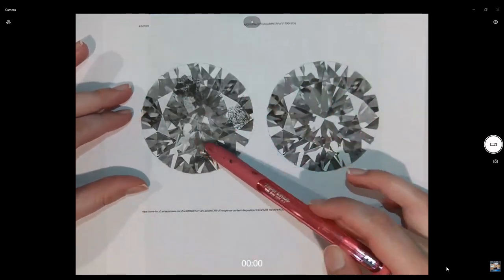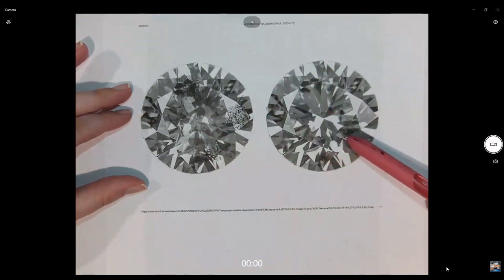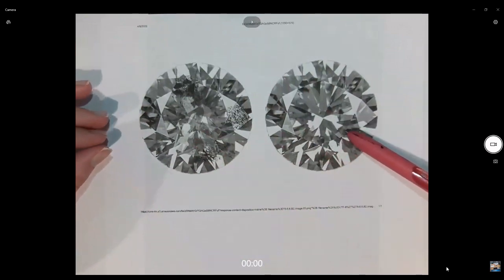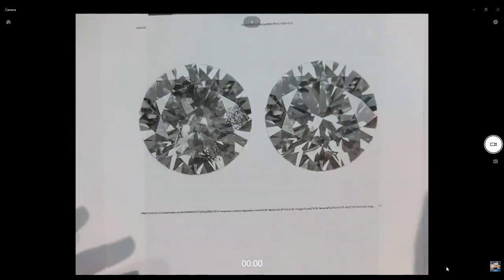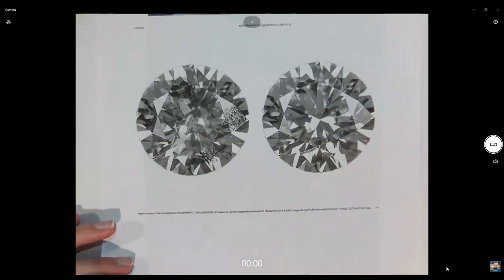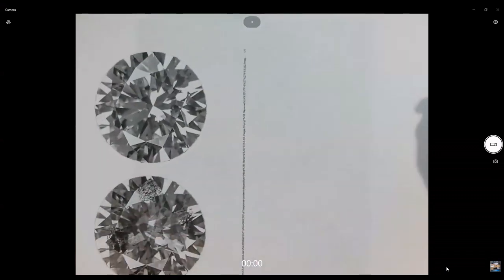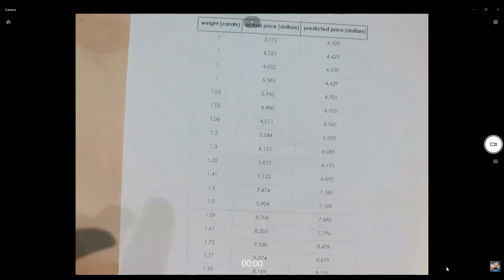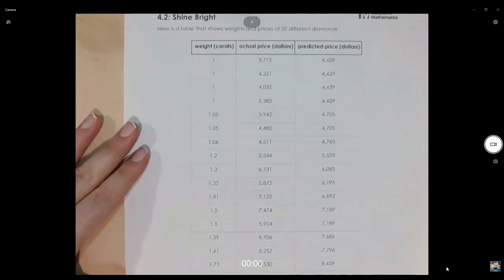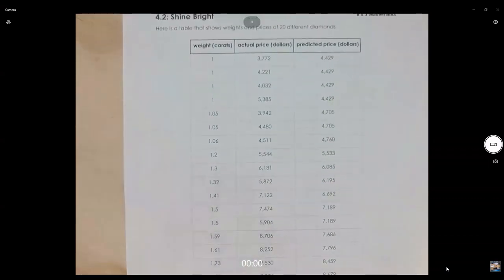So you see this one's a little dingy and this one's a little clearer. So this one would actually be worth a little bit more. So not only does the weight of a diamond affect it, but also the clarity of the diamond. So the reason I'm telling you this is because we've got some data here that actually shows 20 different diamond